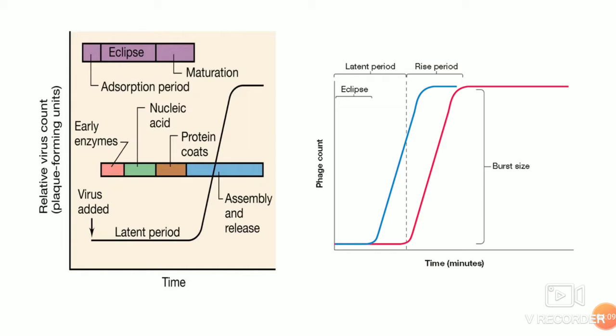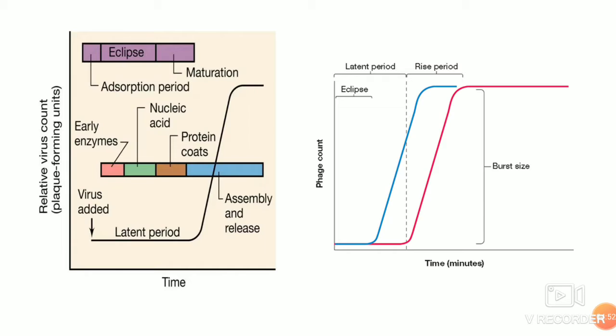In the later part of the latent phase, there is more assembly and release. The blue line resembles the total count, and the red line resembles the released viral count. The total count means if you harvest the cells in the later part of the latent phase and observe for the viral particles by plaque assay, you still can find viral load present.